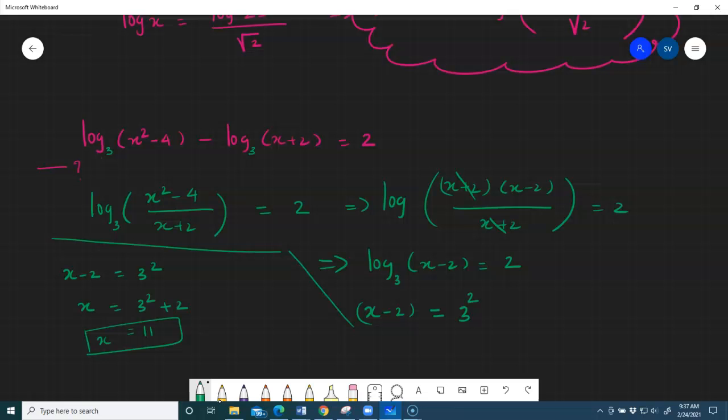So that is the way you can figure out the logarithmic equation. I hope this makes sense for you guys,